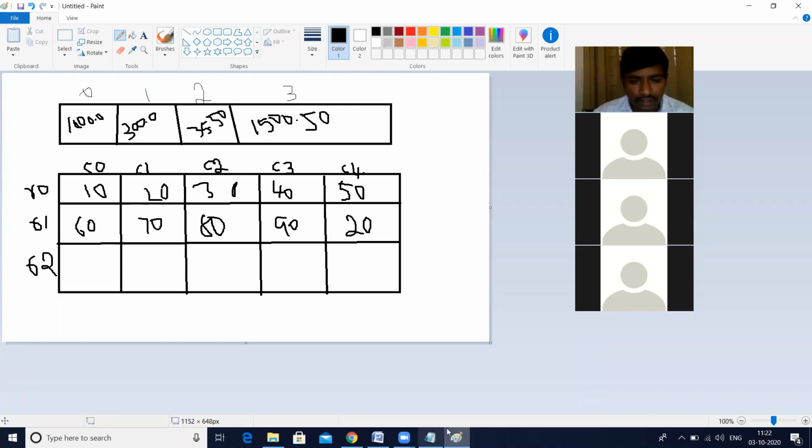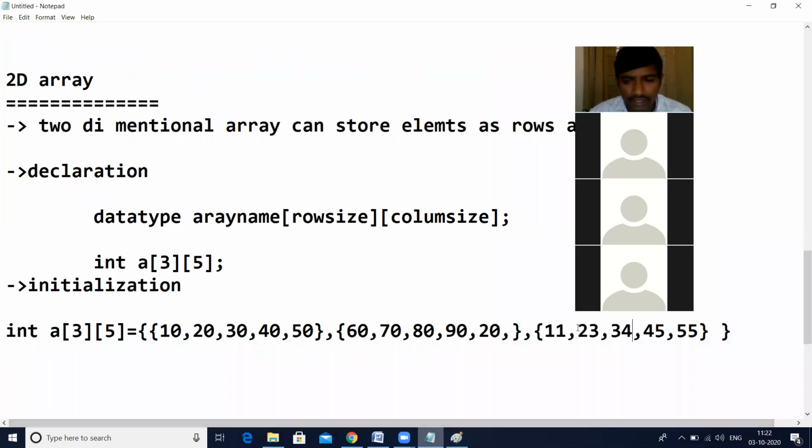Okay, this also contains the elements. We take 11, 12, like that, 23, 34, 44 or 45, like that elements. Okay, that you have to understand. Zeroth element, first element; zeroth column, first column, second column, third column, fourth column. This is known as initializing the array in a single way.